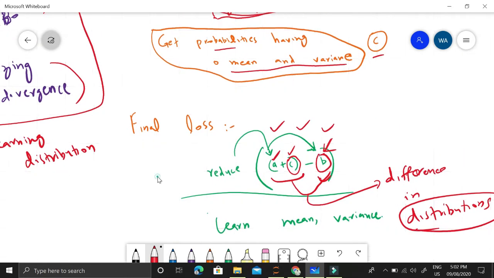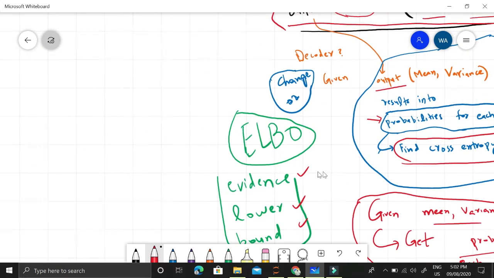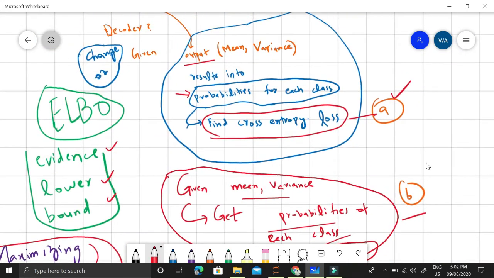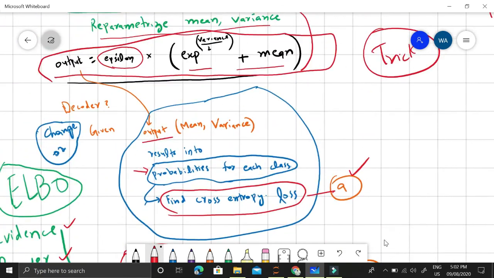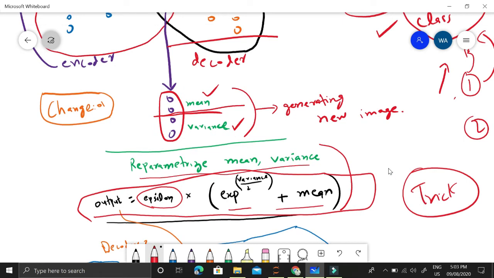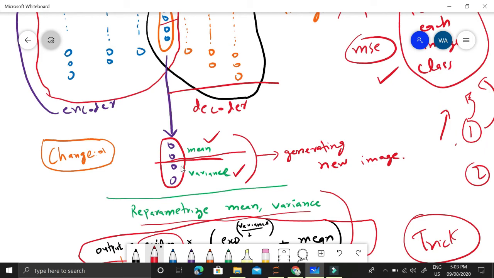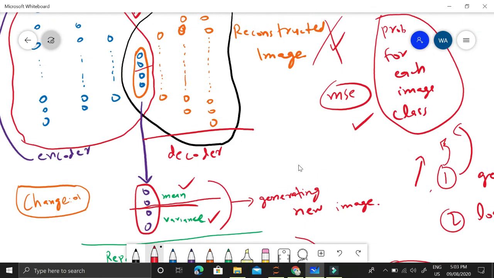Okay, now the whole process is very simple. Learn mean and variance using this loss function, which is called ELBO loss, and you can find the details on the internet, in articles, in papers. There are a lot of details. This ABC, this whole explanation, is for the ELBO loss. And one more thing is the trick that we have introduced. Look for this trick in any paper or book which explains the variational autoencoder. You can find the theoretical explanation of why it was introduced, and this division of the output into mean and variance, calling half of the values mean and the other half variance. These are the three important things that we have introduced, which are different from the simple autoencoders.